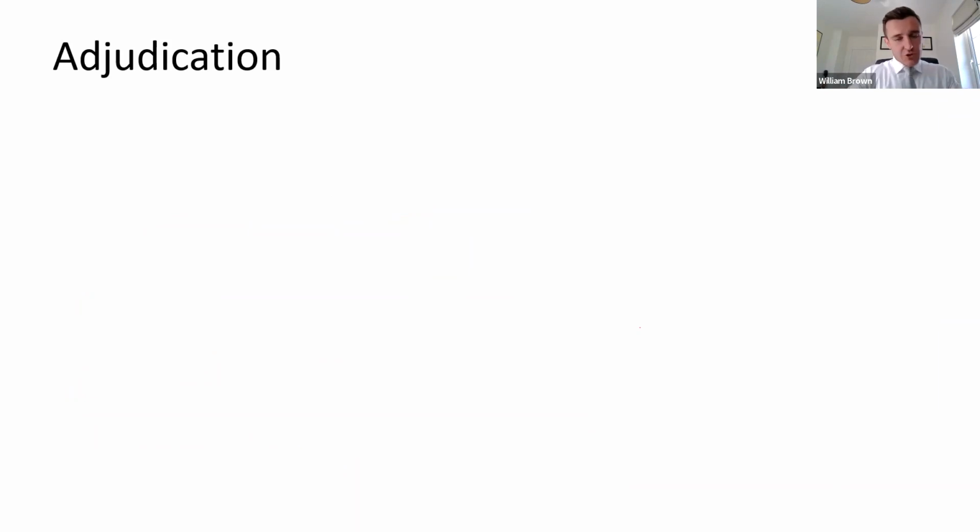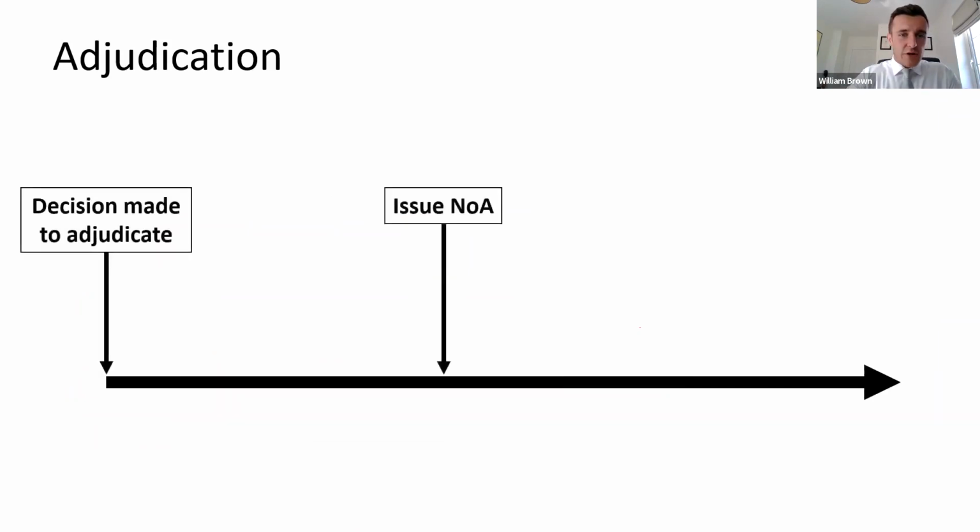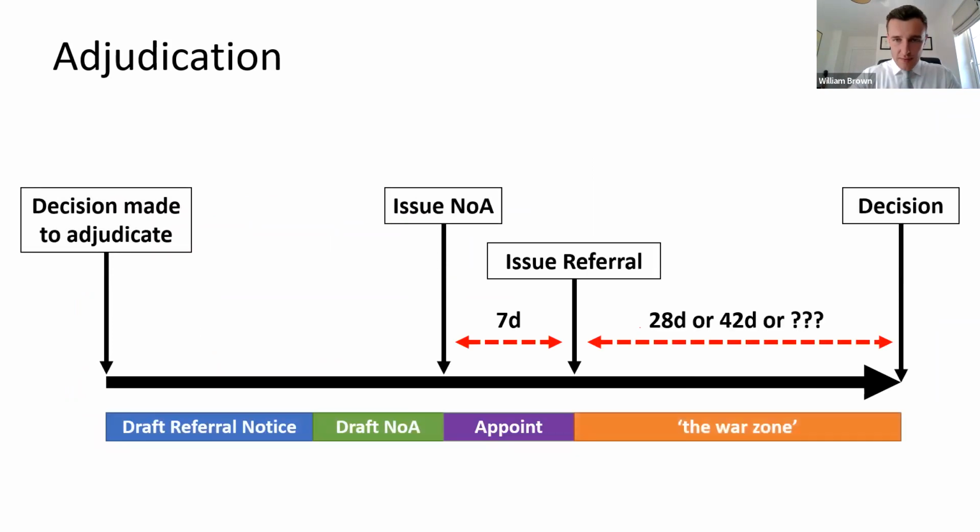So, final slide then, just to give you a very quick overview of what an adjudication process looks like. I'll just march on the animation just to talk over it. So it all starts with the decision to adjudicate. The actual process starts by issuing what we call the notice of adjudication. Very straightforward thereafter. Within 7 days, you get an adjudicator appointed. So you go to the likes of the ICE or the RICS. They will appoint this neutral third party. Within 7 days, you give that individual all of the documents, and within 28 days thereafter, you get a decision. It is as straightforward as that.